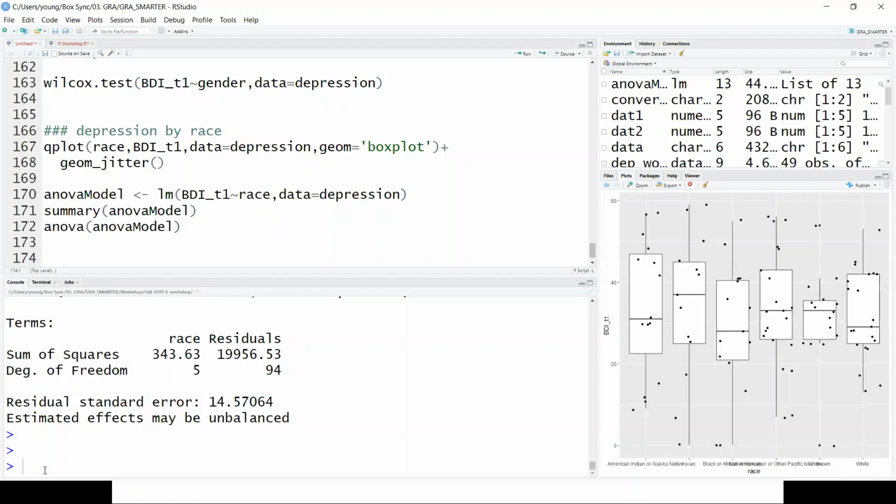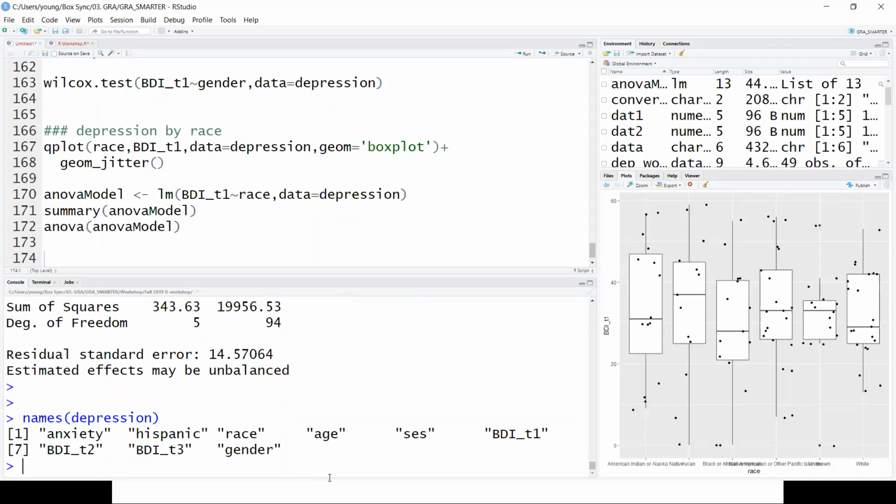All right. So we do logistic regression maybe. What do we have in our data set again? Okay, whatever. Let's see if we can predict what gender you are, right? Oh yeah, we do have 3 time points.